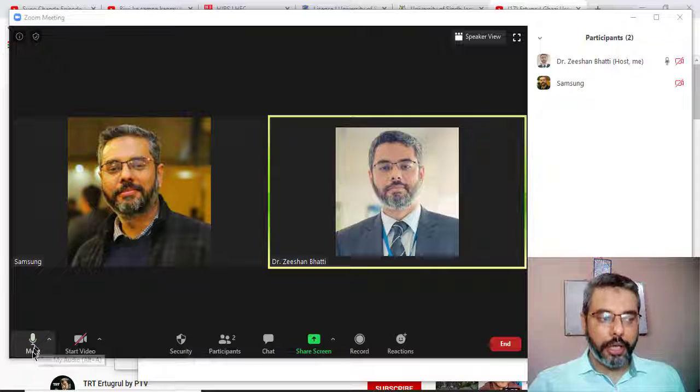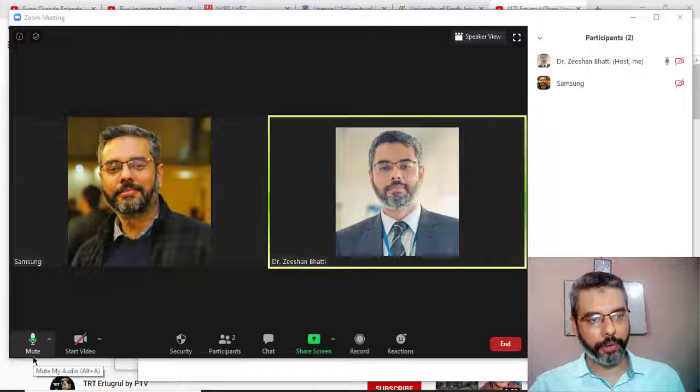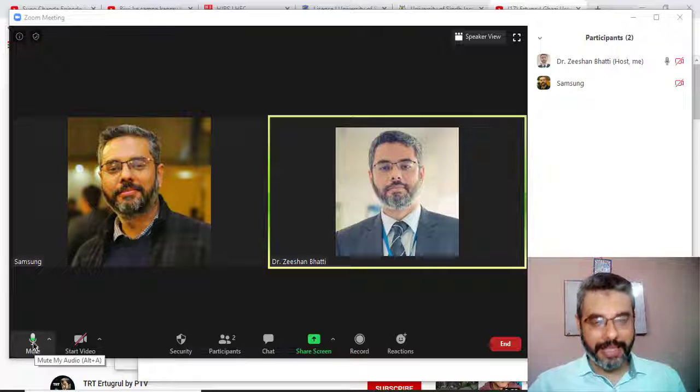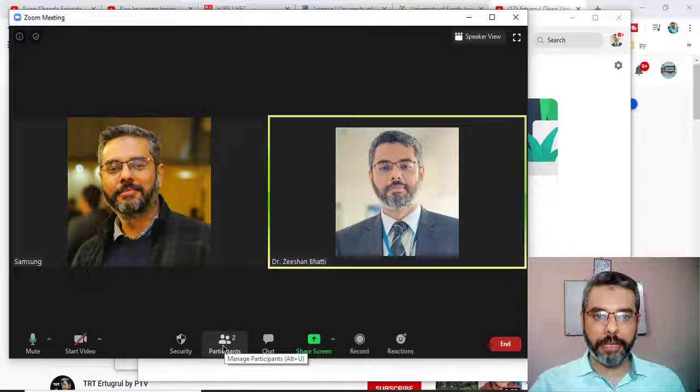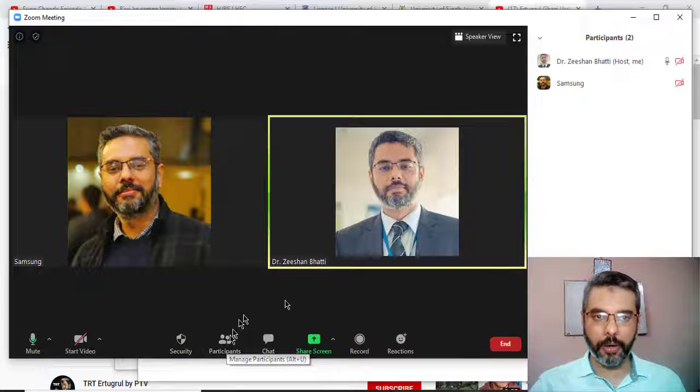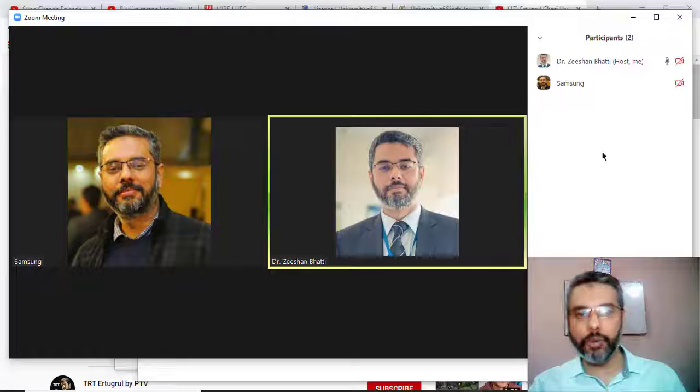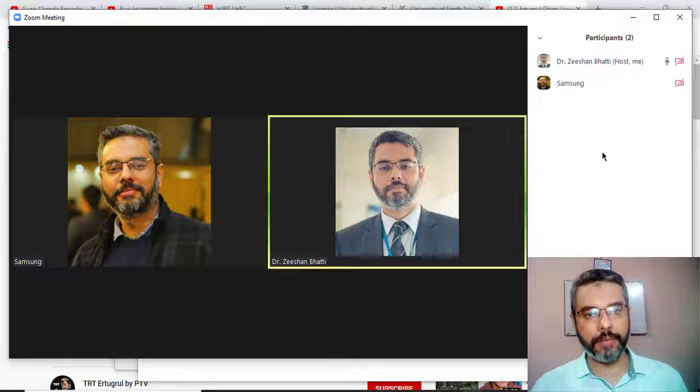Once you come here, as you speak, you would find that your bar is basically moving. This red green bar basically indicates that the mic is working, the signals are being transferred, everything should be okay. The same thing can be seen if you turn the participants on. If you see this participants off, your name or besides your name, you should see a gray mic icon and it should have a wave as you speak. As you speak, that wave indicates basically that your mic is working fine.